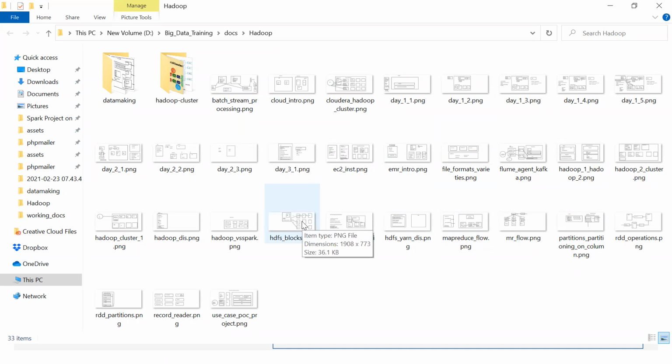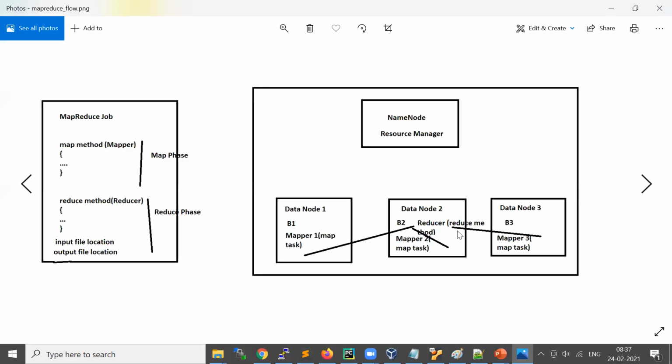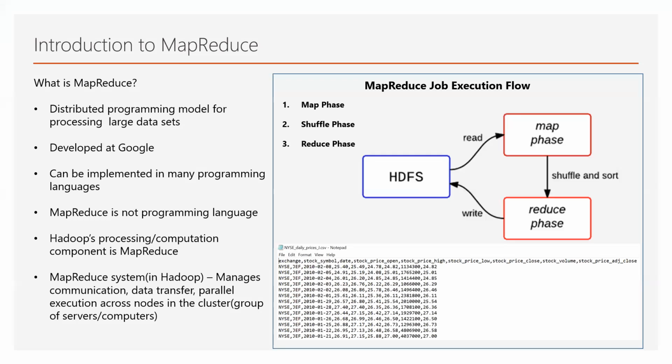So if we have a file which has three blocks, on three nodes three mappers will be running, in parallel. That's all about the map phase.